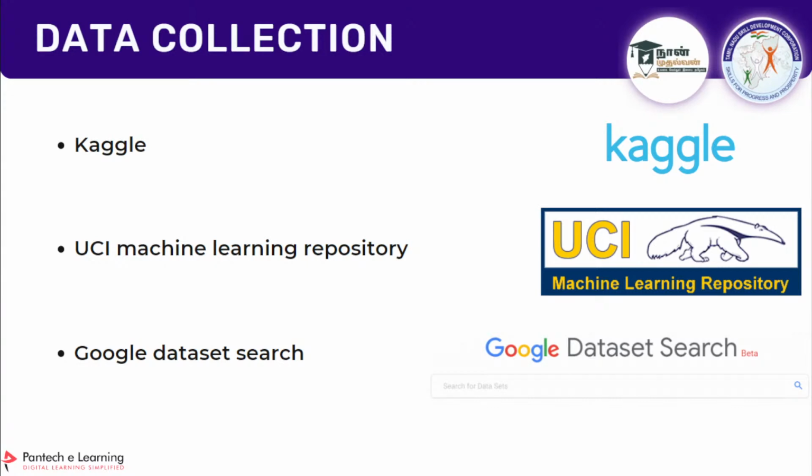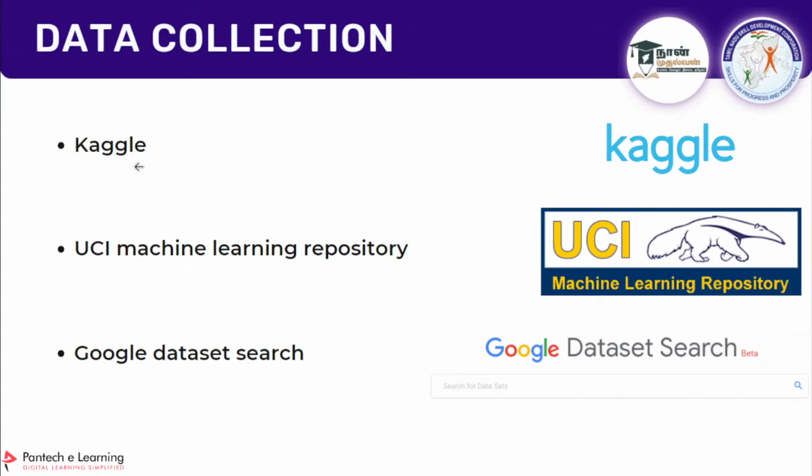For data collection, for example, if you are working in a company, in most of the cases the company will buy some data, or they have their own data where you will be performing data science, doing some processing on the data. But if you want to try data science or machine learning at this level, how will you collect the data? There are some already available datasets you can check. These are the websites for downloading datasets, and you can create your own dataset also. I'll talk about it later.